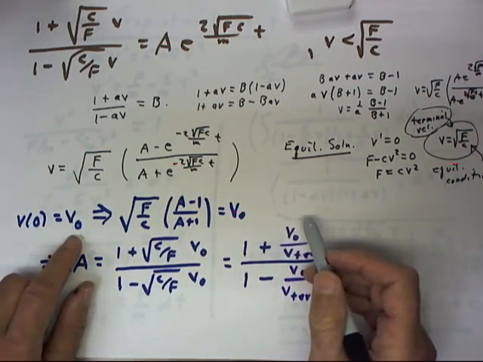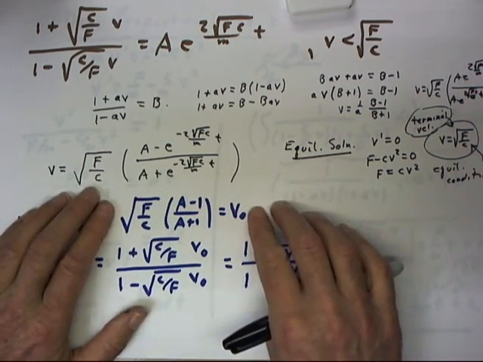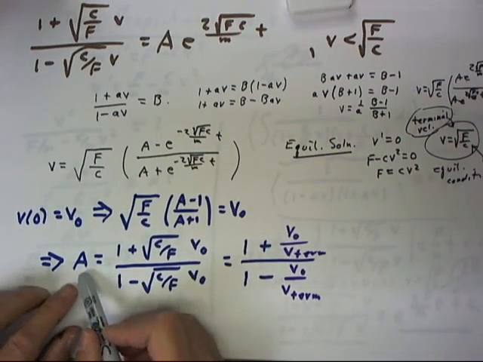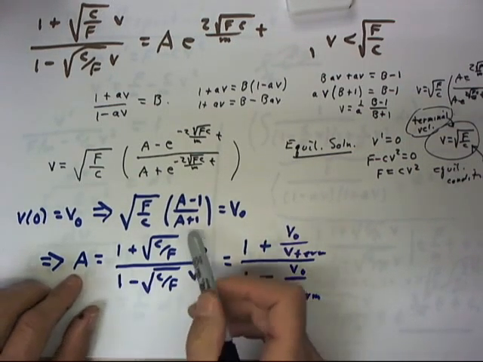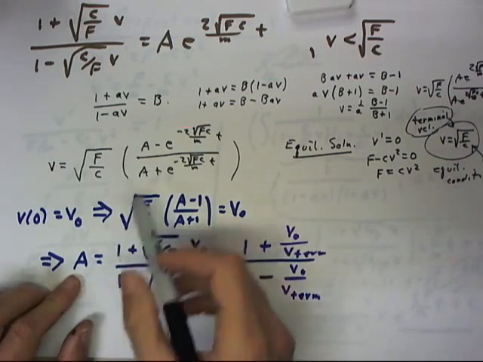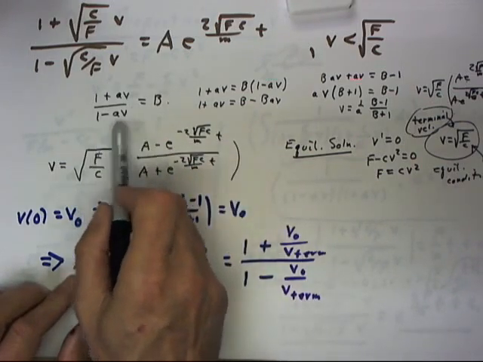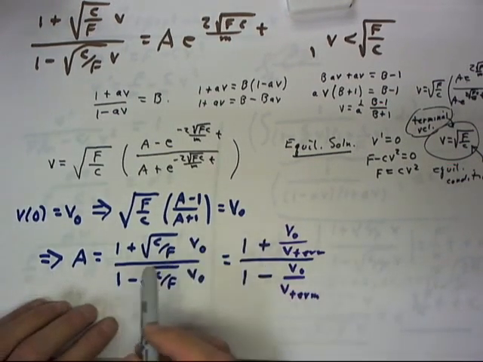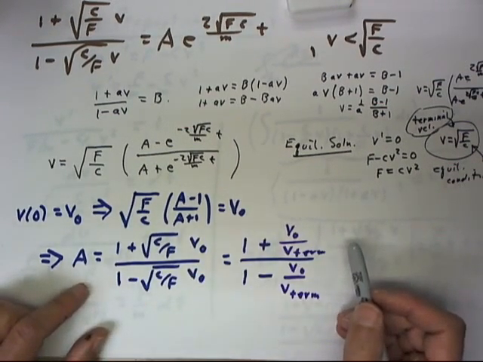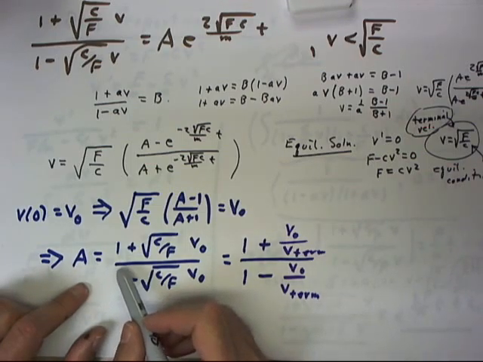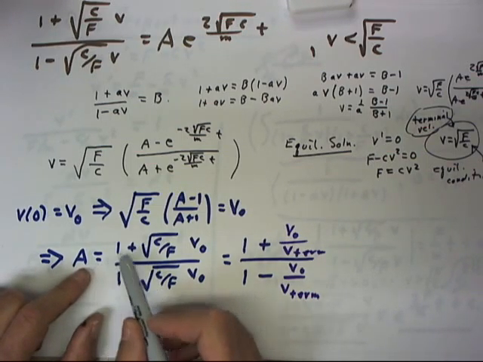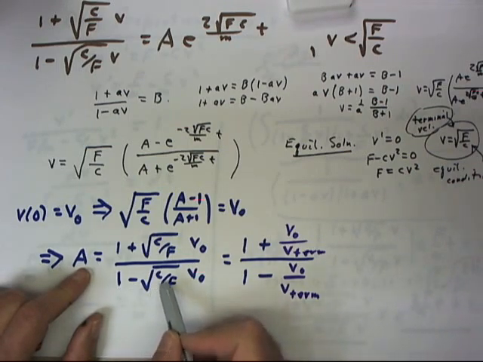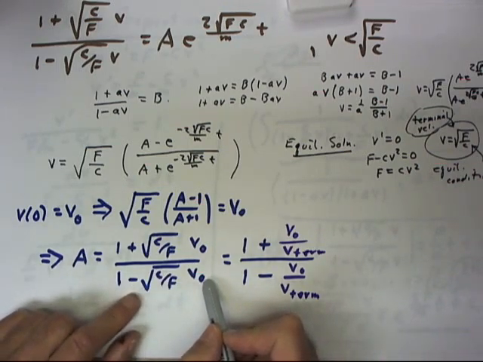And our condition V of 0 equals V naught becomes an equation that we can easily enough solve for A. The technique we use in solving for A is almost identical to the technique we used in solving this equation, so I'm not going to go through the details of that. But I will observe that our solution, which is A equals the square root of c over F V naught divided by 1 minus square root of c over F V naught,